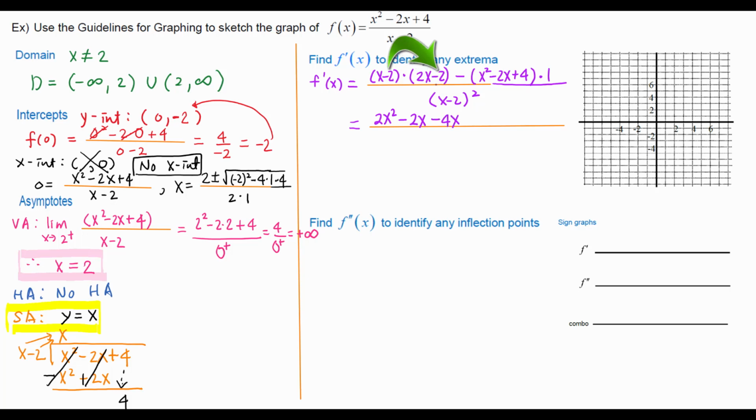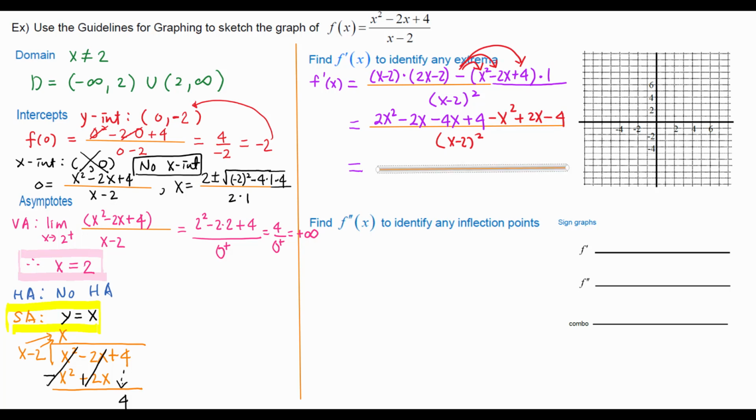Last: negative 2 times negative 2 is positive 4. Go ahead and distribute the negative to your second polynomial. I get negative x squared plus 2x minus 4, over the quantity x minus 2 squared, which is equal to, let's simplify